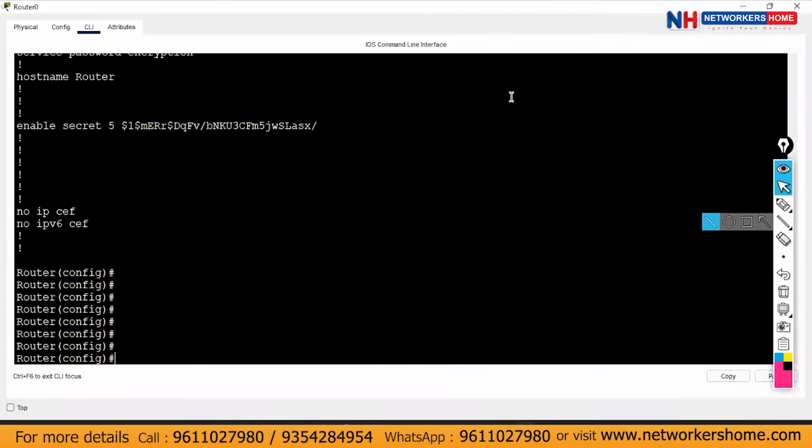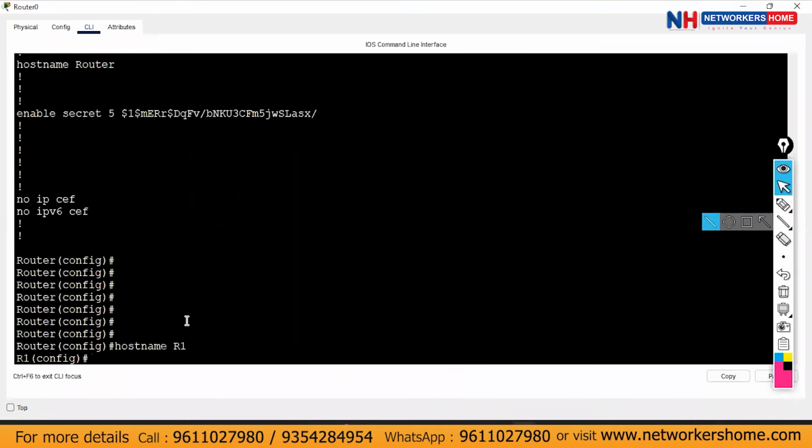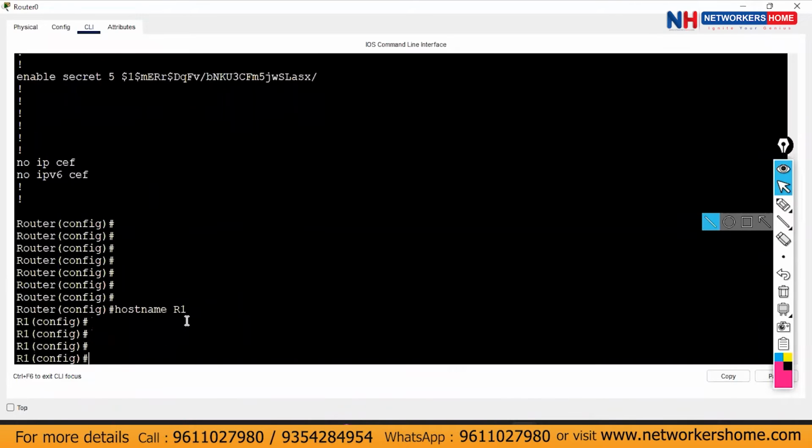Next, we can set the host name of the router. By default, the host name of the router will be router. If you want to change it, you just give the command hostname R1, and that's it. It's changed. Clear? Once you have done with all the configuration, always give the command write, so that you will